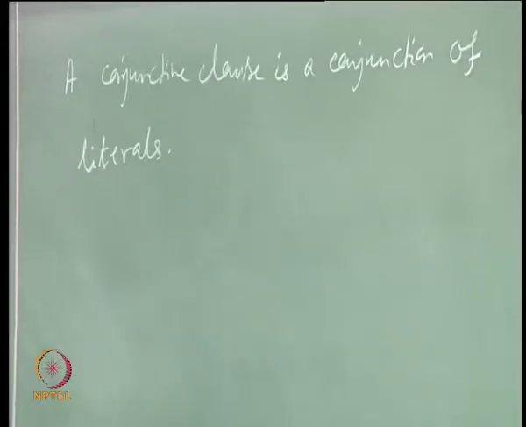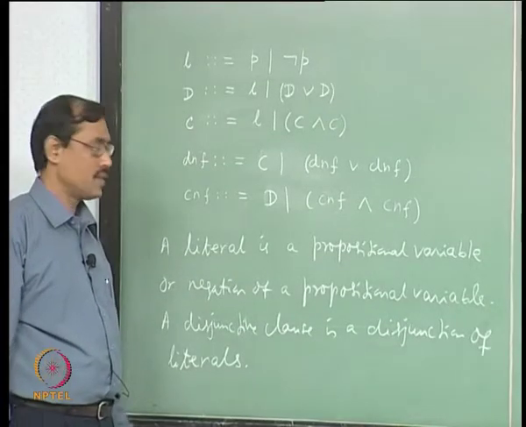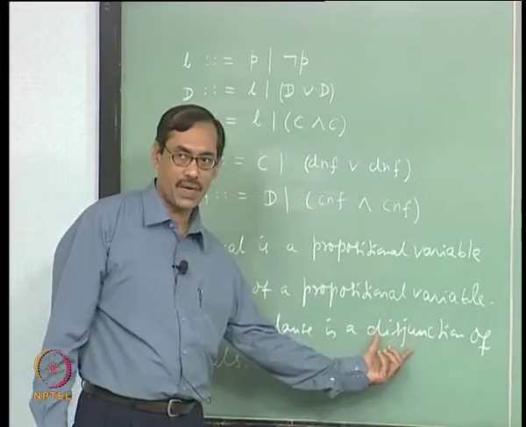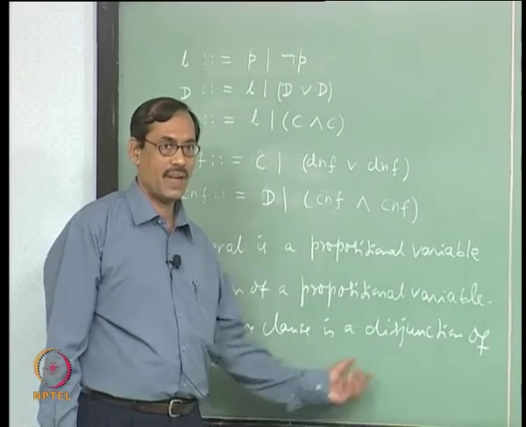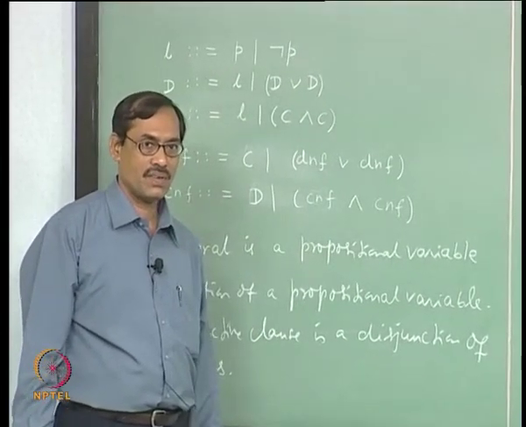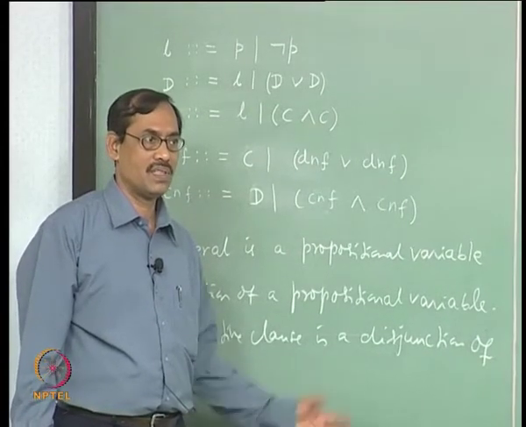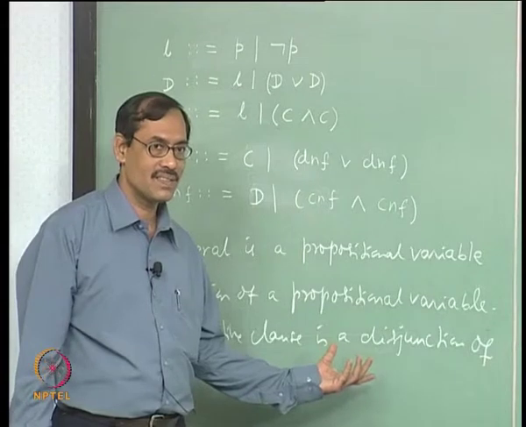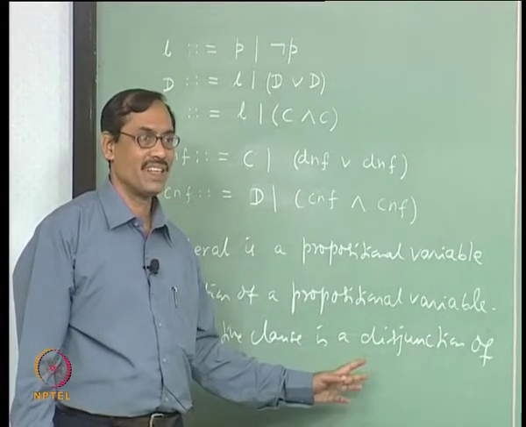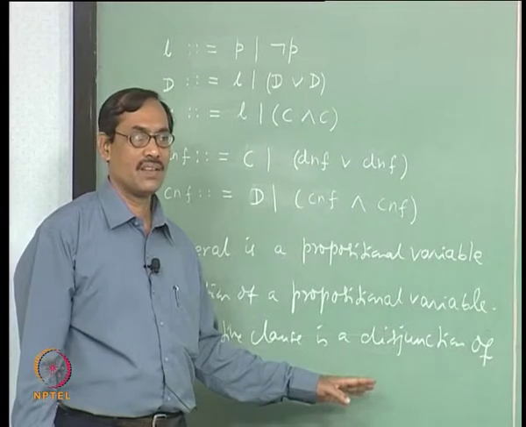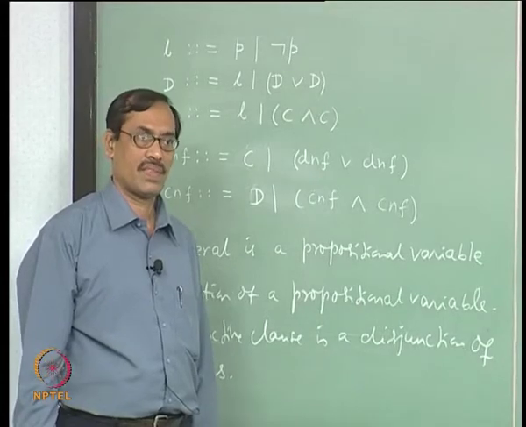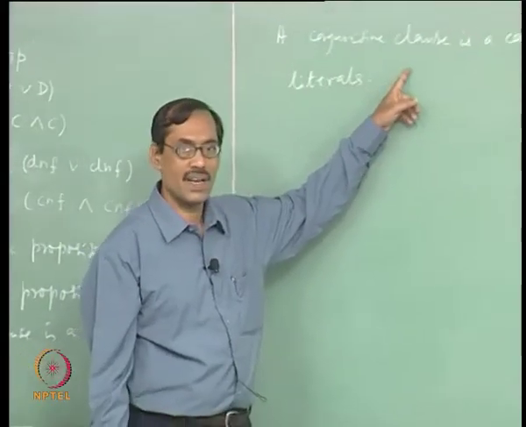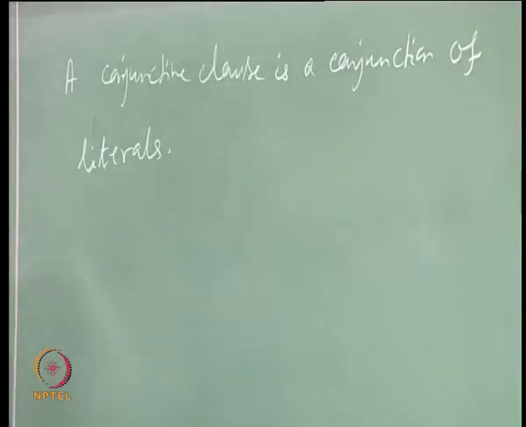Fine. So, when you read that a disjunctive clause is a disjunction of literals, this says a finite number of literals can be ORed together, that is how you have to read it. So, a finite number includes 0 also, that creates problem, right. So, 0 number of literals will create confusion, we will not have that here, but 0 number of disjunction allowed. So, that means a single literal is by itself a disjunctive clause, right. Similarly, here a single literal will be taken as a conjunctive clause also.